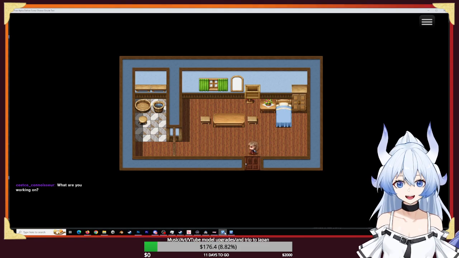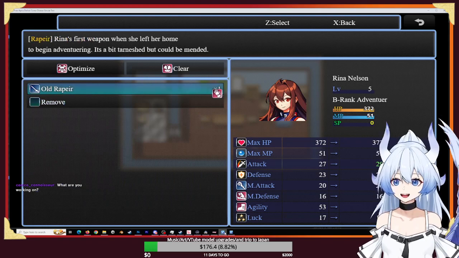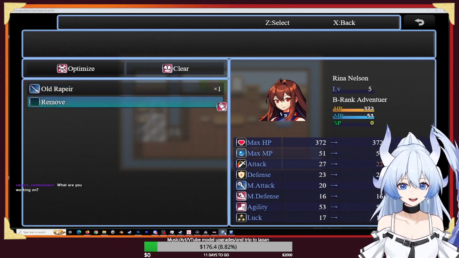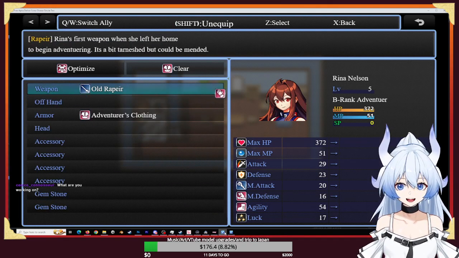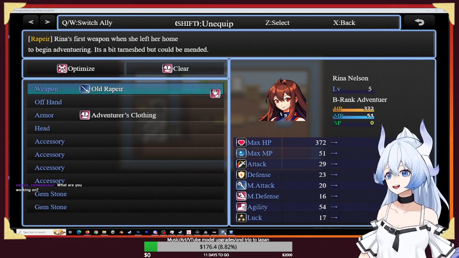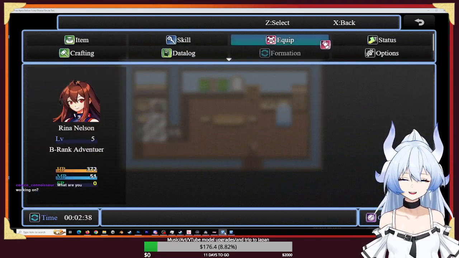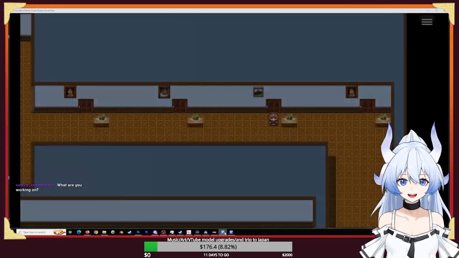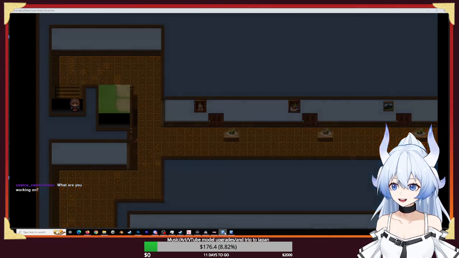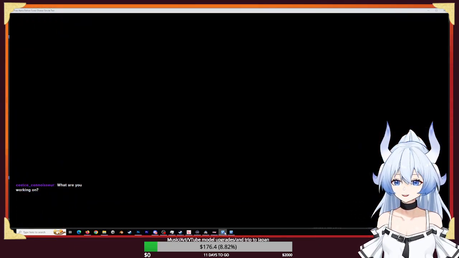There we go. And now, if you look at it, go to our equipment, and look at it, we got an old rapier, which is better than our broken sword, which is what we start with. Look at that. Actual thing. Rena's first weapon when she left her home to begin adventuring, it's a bit tarnished, but it can be mended. So there we are. So you know, it's a whole little side quest thing that can be done. Not much to it overall, but